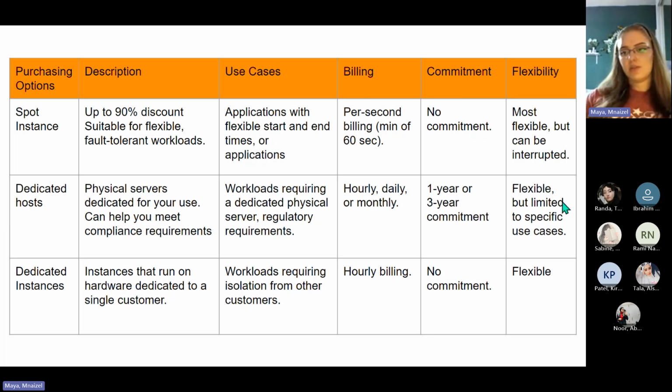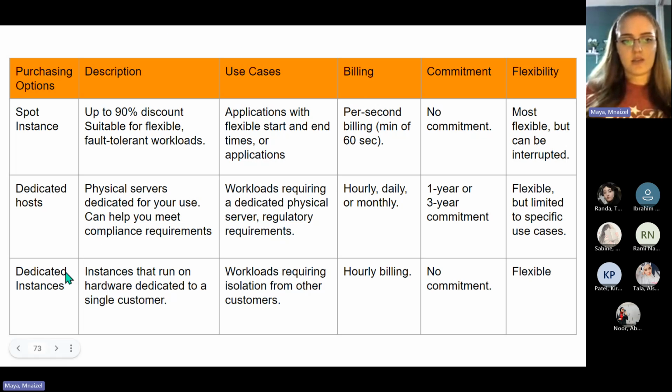They're flexible but limited to specific use cases, and they help with regulatory or compliance requirements. This is where you have a physical server to yourself. Let's say with AWS, it's like your own data center, but AWS manages it for you. A dedicated instance,